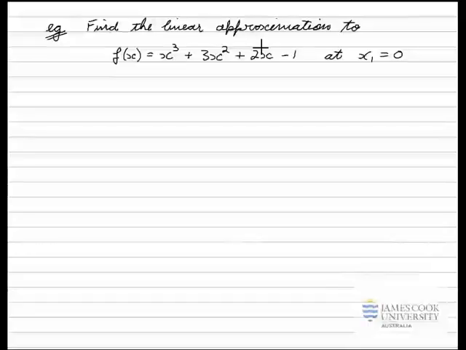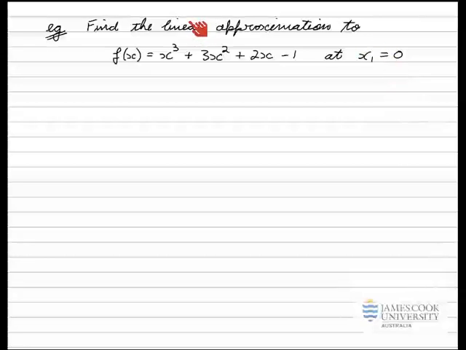In this example, we've been asked to find the linear approximation to this function at this point x1 equals 0. So I think to myself, a linear approximation is a straight line that approximates this curve close to this central point. To find the equation of a straight line, I need two things. A point, x and y value, so here's an x value. I can substitute that in here to find the y value, the coordinates of the point, and I need a